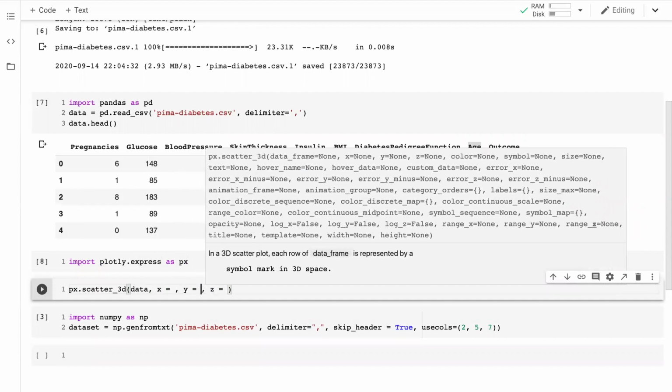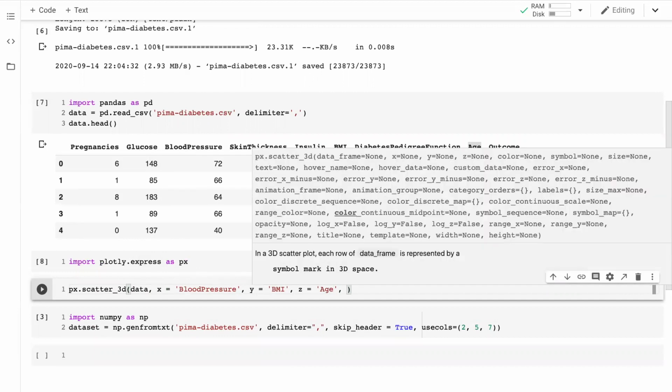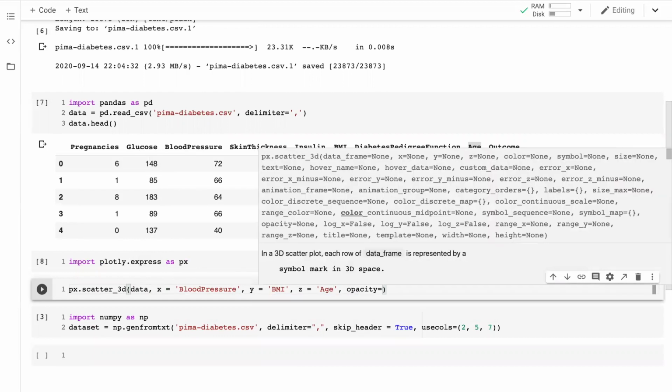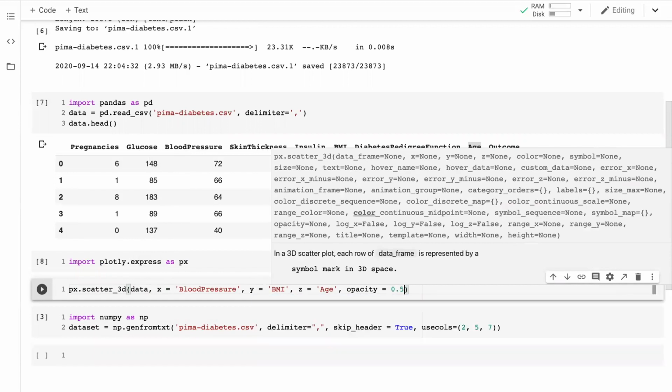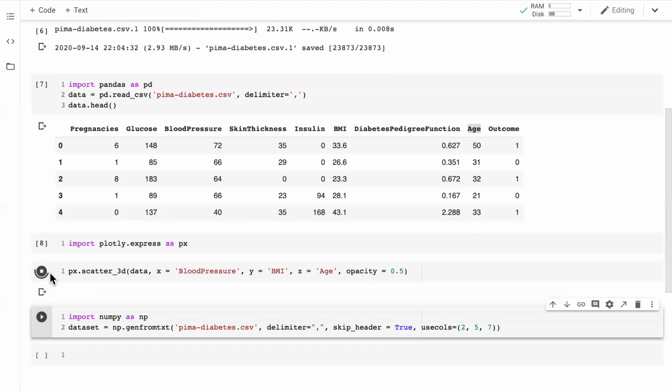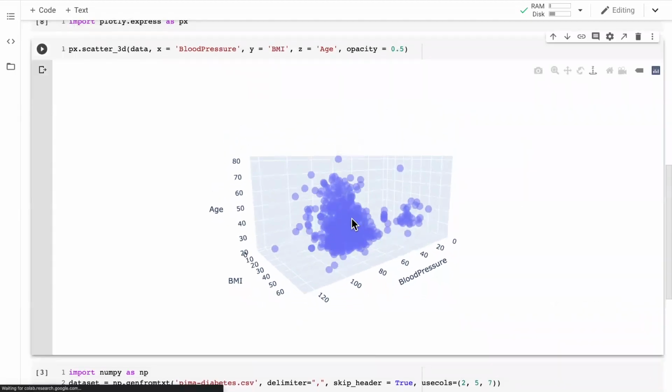So my variables are blood pressure, BMI, and age. I'm also going to set opacity to less than 1 so that I can see the overlapping data points as well. So if I run this, I'll get a 3D scatter plot, which I can rotate, play around, and